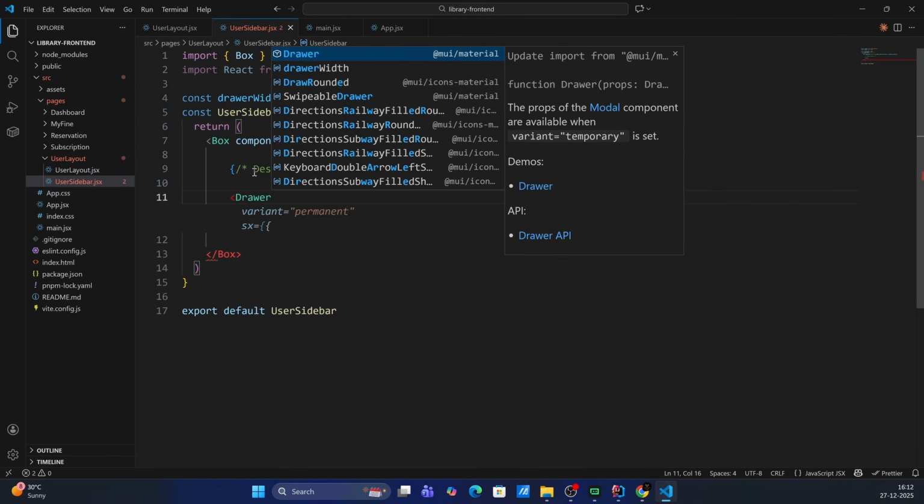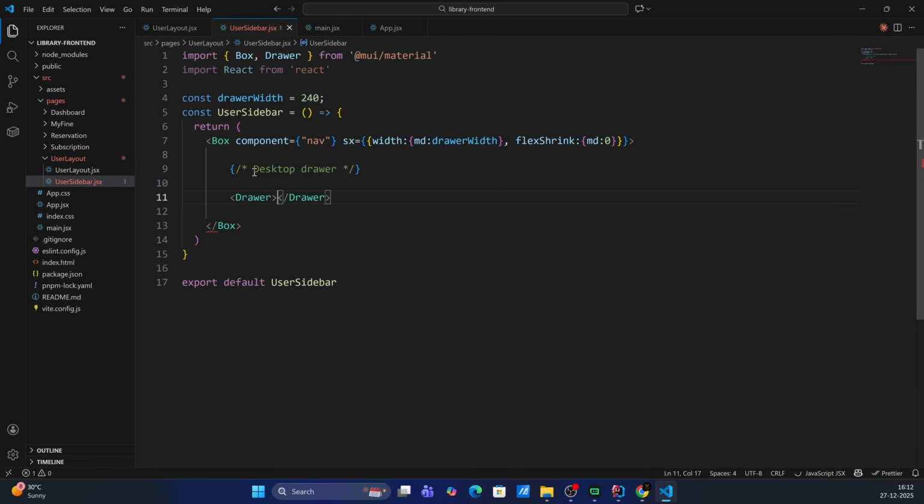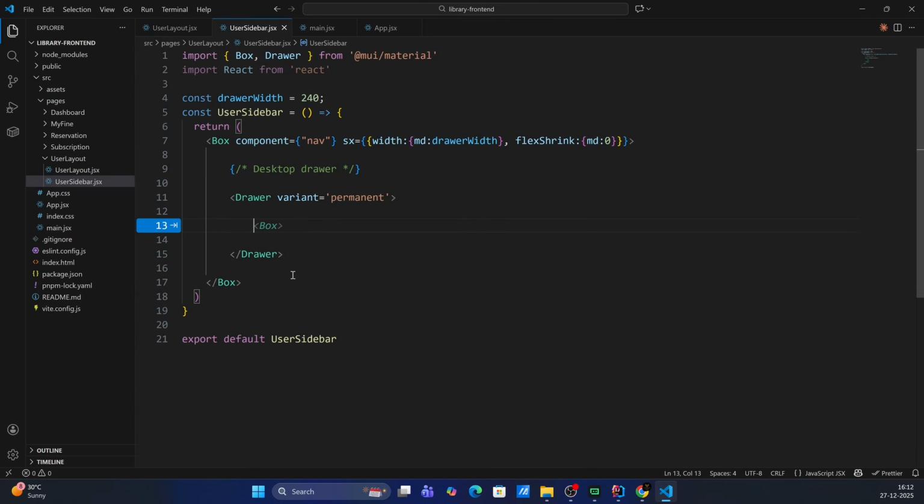We'll import this drawer from the Material UI. Give a variant here, permanent. And here